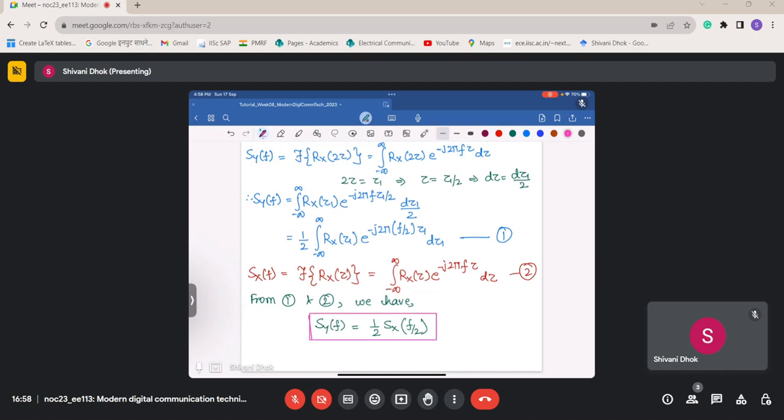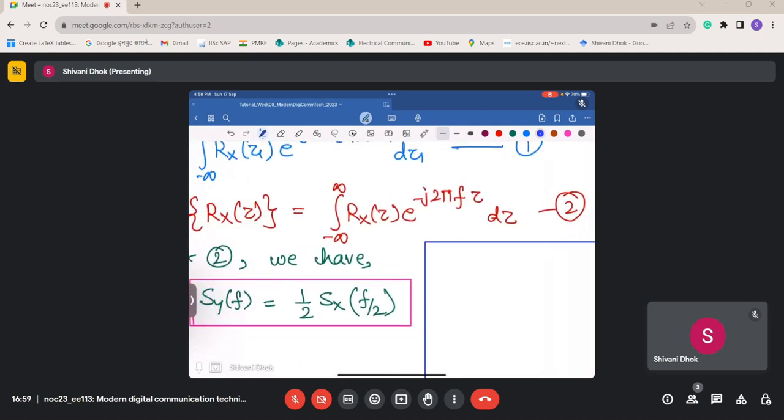So this Sy of f is simply 1 by 2 Sx of f by 2. Now instead of going through all of these, there is a property of Fourier transform which we can directly exploit. So I'll write that property explicitly so that it can be handy in solving maybe your exam question or any other questions. So, property